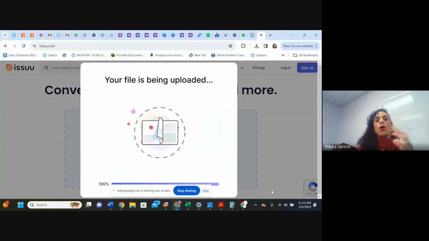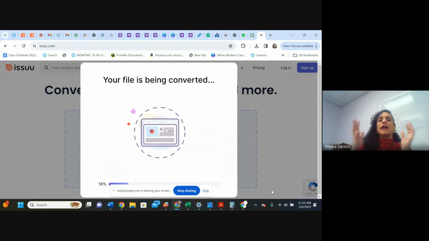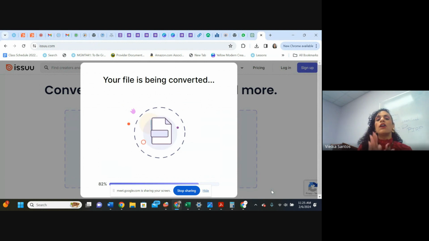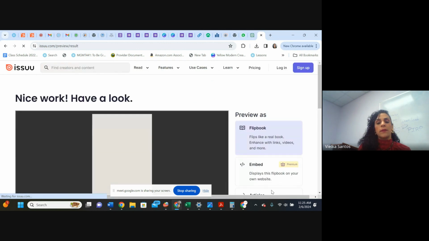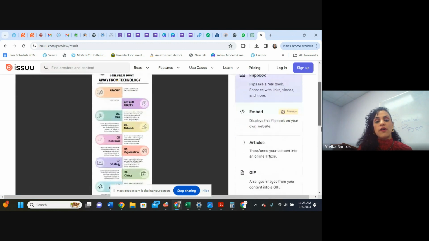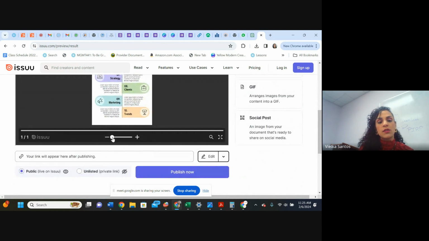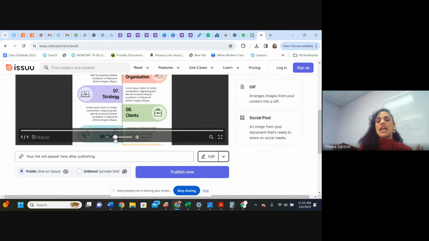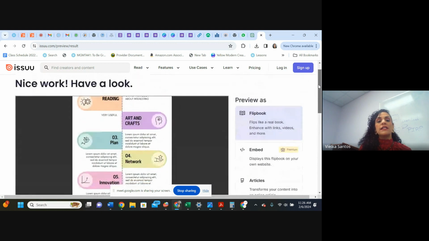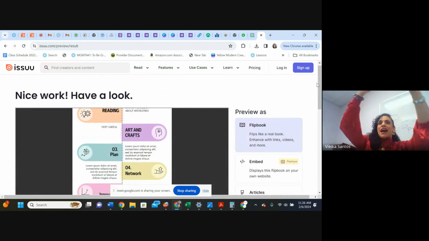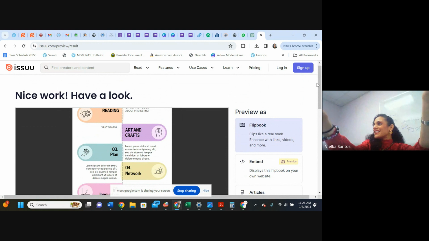Upload, and then Issuu converts your information into a flipbook. Let me show you this.